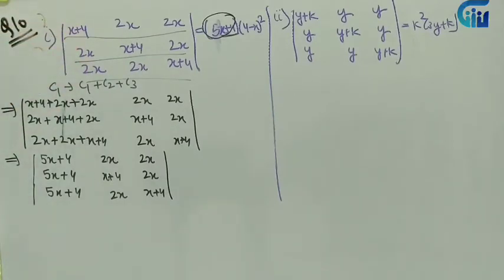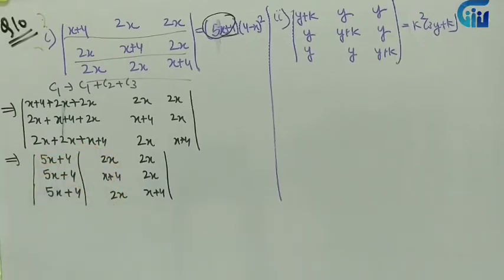And there are certain questions which are like this. You can add along row, either row or column, you will get the same result. But there are certain questions where you will get the result by adding along either column or row only. So you have to be very careful. You have to again cross check whether you are getting the same result or not. So now 5x plus 4 I can take common.